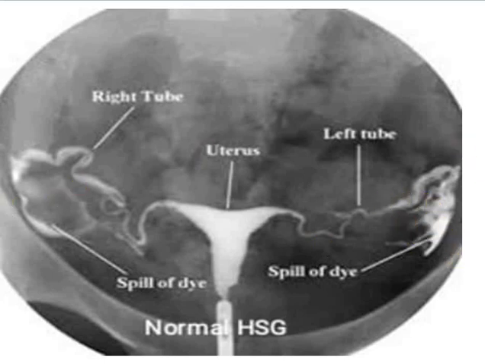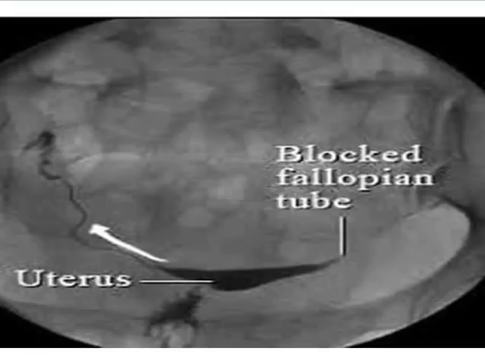Okay, now the next report. This one shows one tube blockage. If you see, this is the HSG cannula, this is the uterus, and the uterus has a normal structure. Here one tube is open, the uterine ostium is open, even the abdominal ostium is open, and there is spillage into the peritoneal cavity. But here one tube is blocked, and it is blocked at the uterine ostium only.